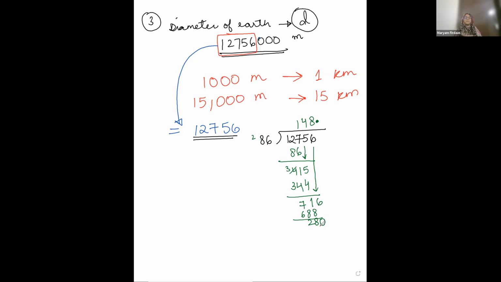Okay, understood. Why is there a 2 beside 86? That's nothing, I was just multiplying. So 86 threes are,